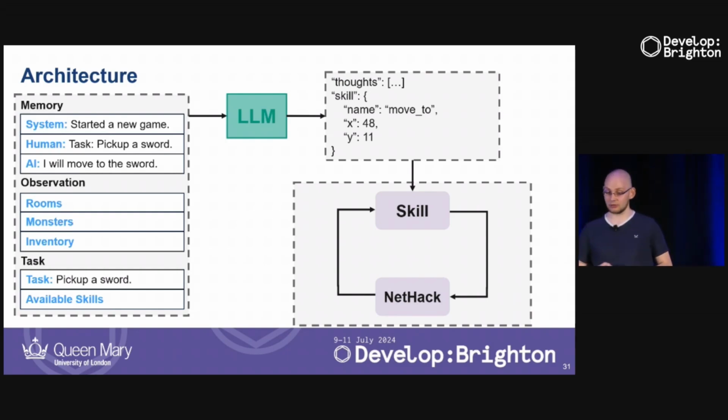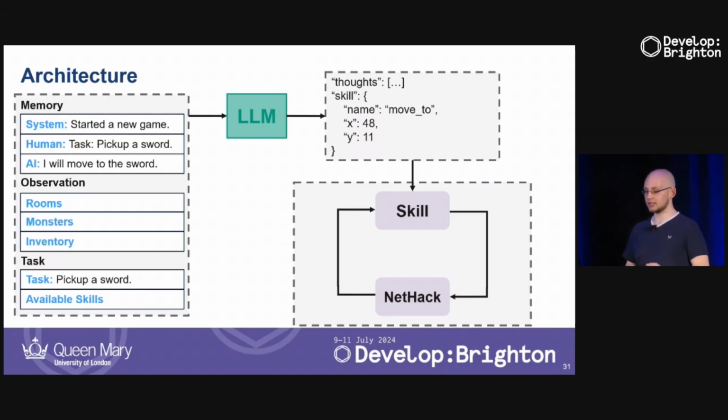The game messages generated by NetHack, I'm also going to put them back into the memory. I'm telling it which task it has received, and a lot of different things. So it can just analyze the memory and use that memory to plan better in the future. And this is the entire architecture of how most LLM agents work. We have observation descriptions, we have tasks and skills, and then we have some kind of feedback loop.